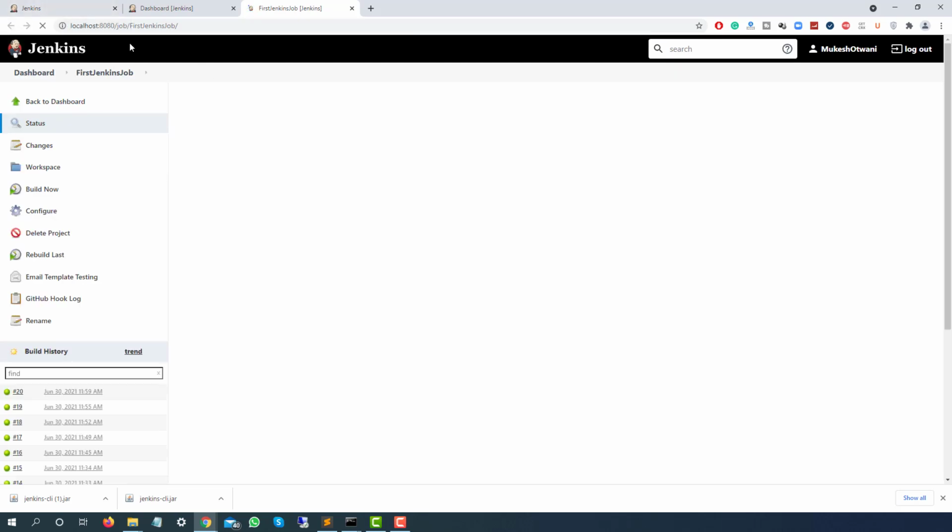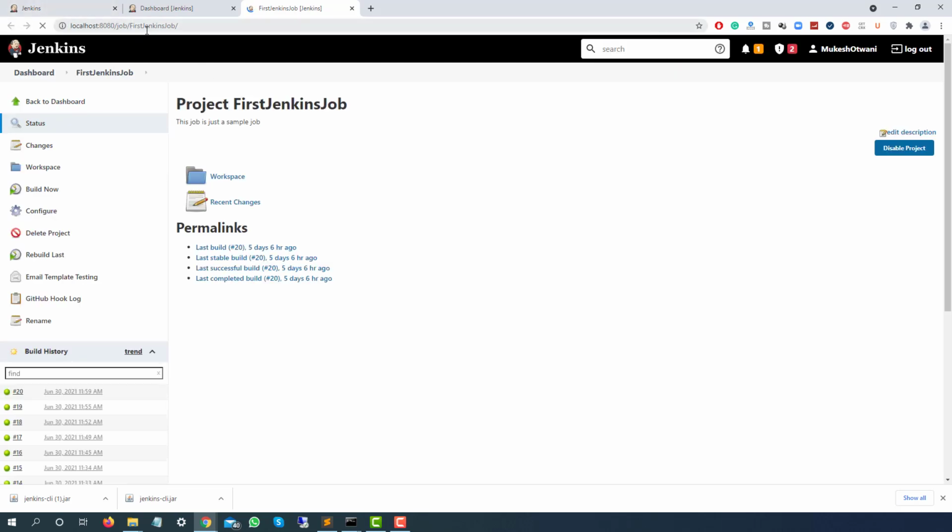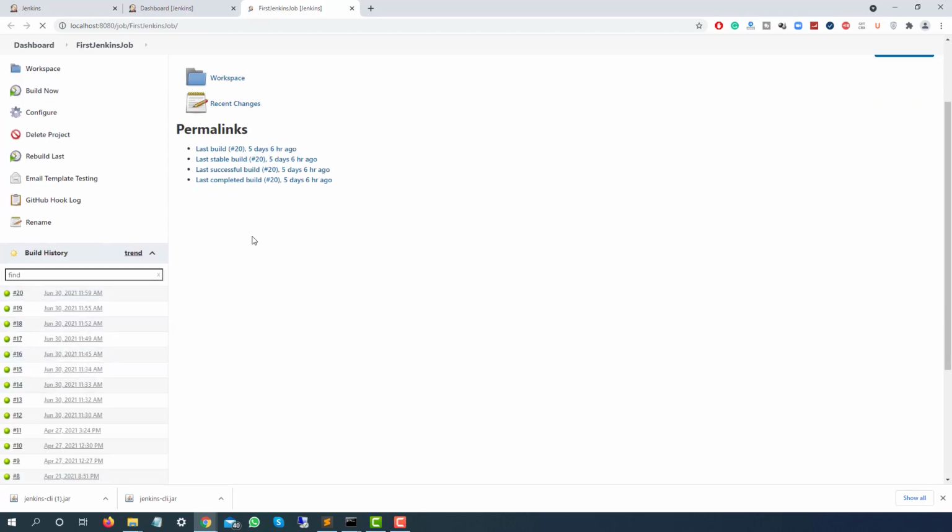Using this Jenkins CLI, I'm going to run this job, and once you understand this basic part, then in the second example I will show you how you can trigger a parameterized job. If I click on configure, or if I just check the output of any of the builds which got executed.